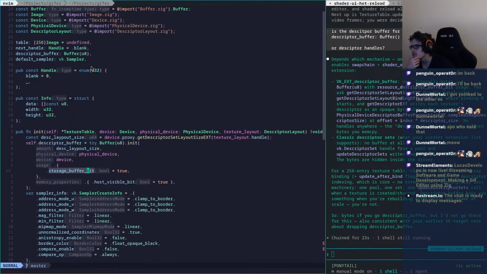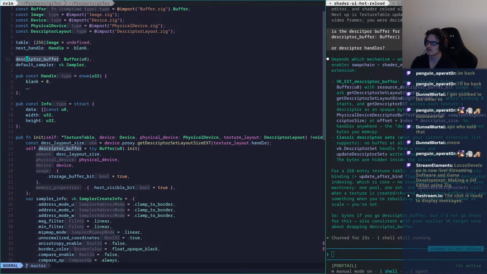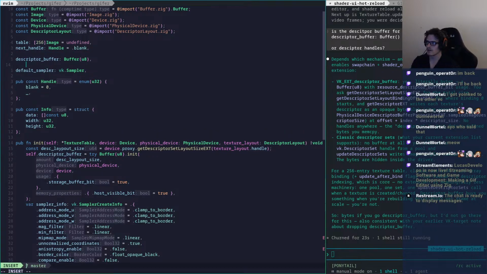But we do have descriptor set layout size here, so we could actually just do, let's see, now we have descriptor buffer. I will do a U size for it. Does it return? No, it returns a U32, so I'm gonna do a U64. And we're gonna call back